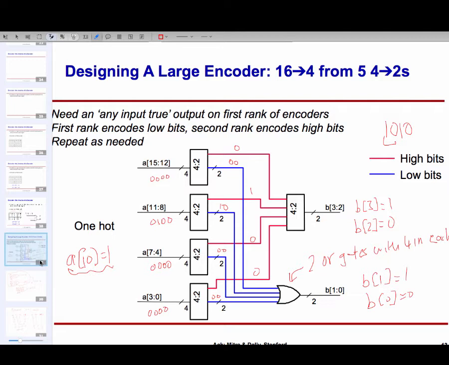Now the claim is that this gives me enough information to generate the 4 bits of B that we want. If you think about it, the red wire is telling me which group of 4 bits the 1 was occurring in. And if you look out here, the upper two bits of B tell me which encoder I'm going to. So if you think about it, A0 through A3,